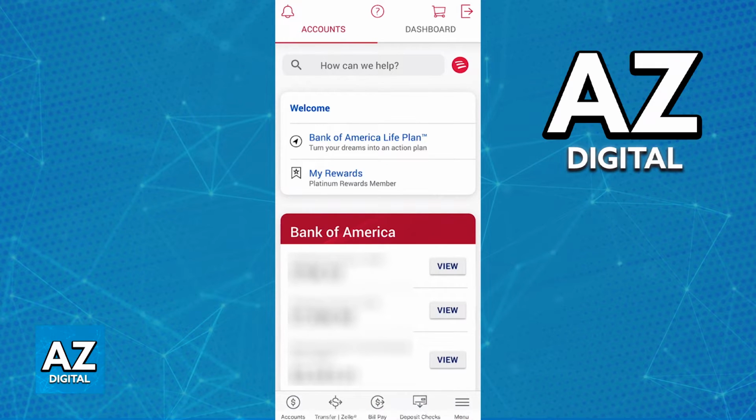Now, if all of these basic fixes don't help you and your account is still frozen for whatever reason, even after you search for your credentials and make sure they are correct, your problem might be more extreme, and unfortunately, there isn't much that you can do on your end online. The best course of action, if you notice that your Bank of America account is frozen and these basic fixes did not work, is to visit a branch. So you will have to go to a physical location and talk to their customer support, who will be able to assist you. As long as you present the necessary documents and identification, they will be able to assist you in getting your account unfrozen.